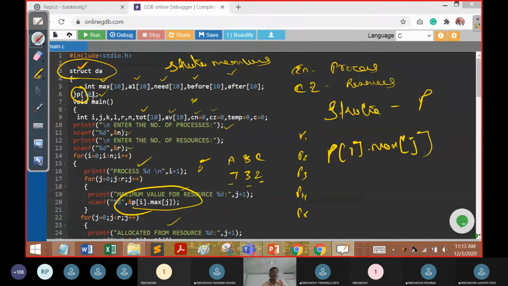So for the total number of processes, I can define it as P of 10. Now I'm going to say P of I dot max. P of I is the name of the structure, and the structure member is called maximum. That is how you have to interpret things.